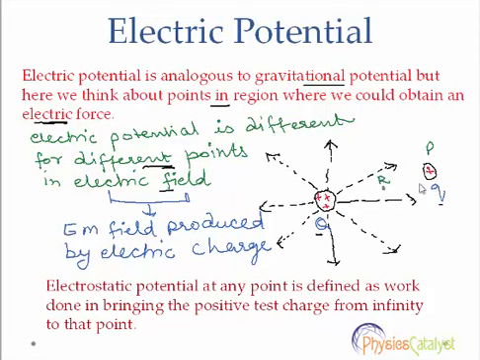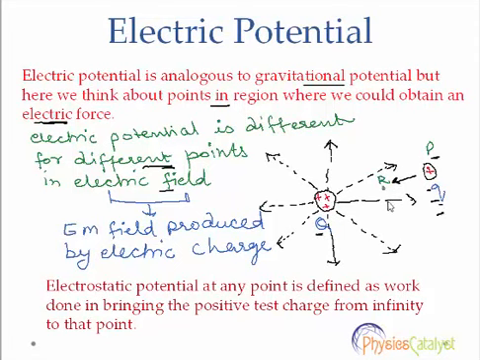So again from this figure we can see that charge Q has produced some electric field, and in this field the nearby test charge q placed at any point P experiences a force. Since both these charges Q and q are positive, they both experience a repulsive force. So if you want to move this charge q from point P to R, then work has to be done on the positive test charge q to move it against the force of repulsion.